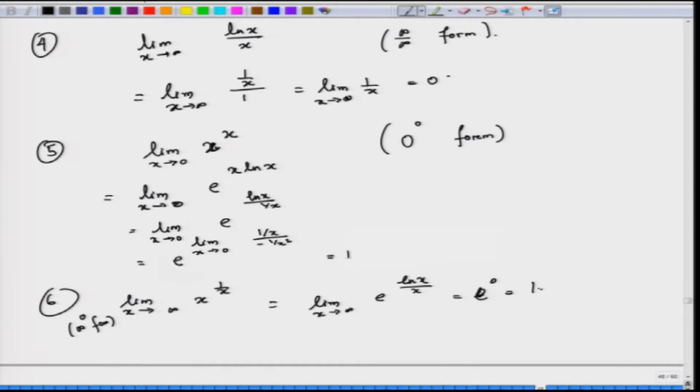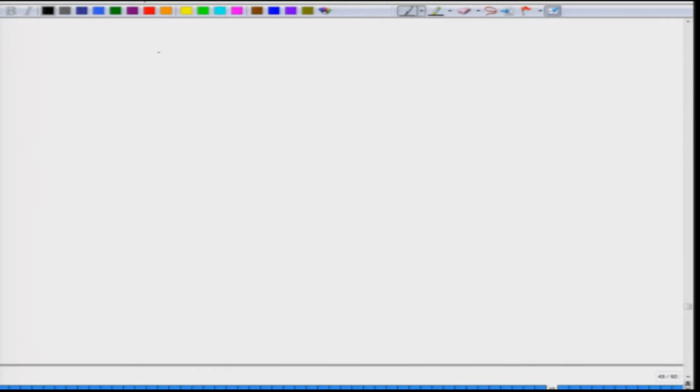Okay. So, one remark I would like to make is that it is not true that L'Hopital rule is going to address all 0 by 0 forms and will give us a limit. Let us look at this example. We are interested, let us say, in x goes to 0 of e to the power minus 1 over x, divided by x. Now, this is 0 by 0 form.